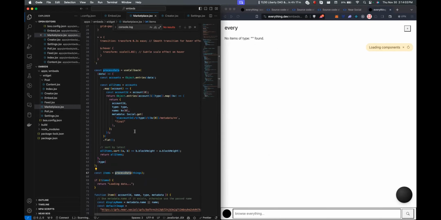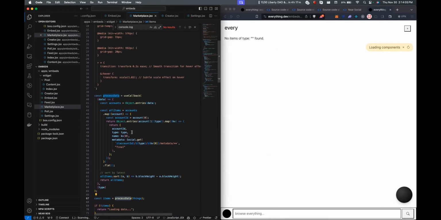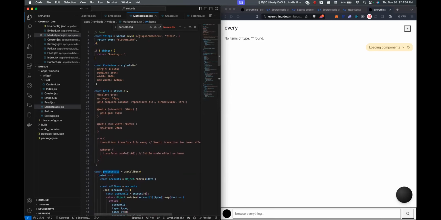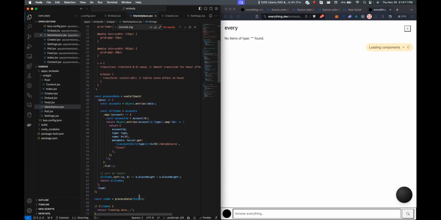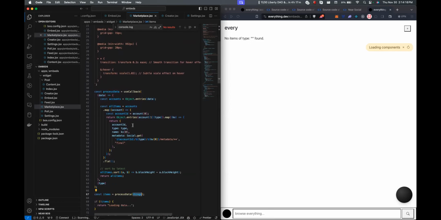Process things. So we're going to get all of the ones that have this. And then count entries by